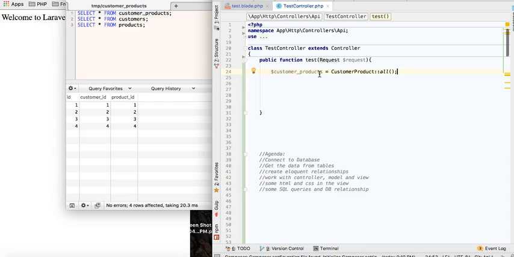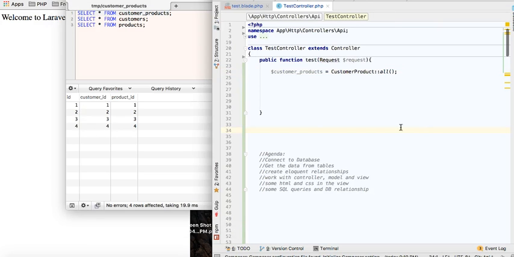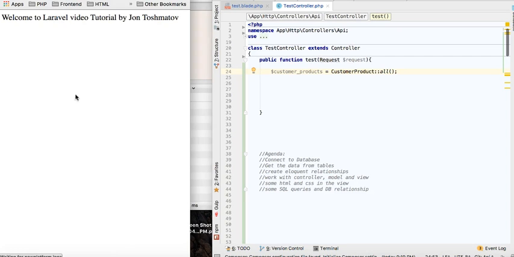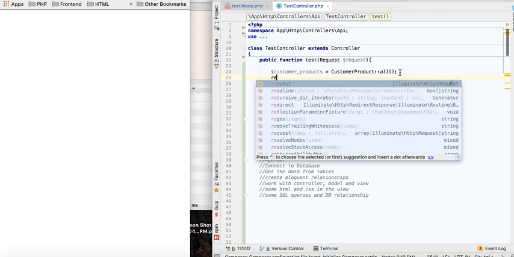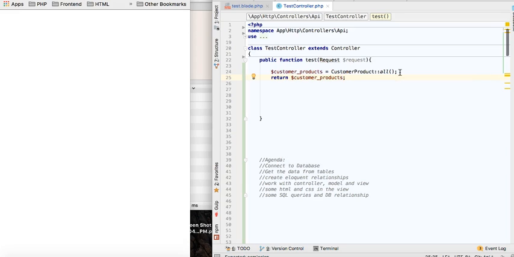In this case, customer products is equal to all the data coming from this table right here, as you can see, 1 through 4. Now, if I save this and refresh, it means nothing. It's a blank screen because I'm not returning anything. So I have to return something to the screen, right? In this case, I'm going to return this straight, displaying the customer product right in the controller. Now if I save it and refresh it,